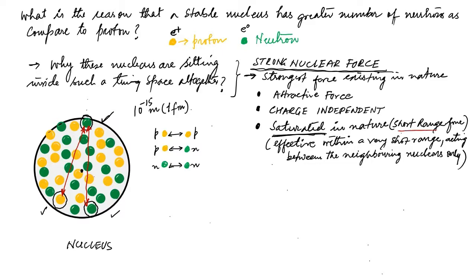It acts only over a very short distance. What does it mean? If you draw a range like this,